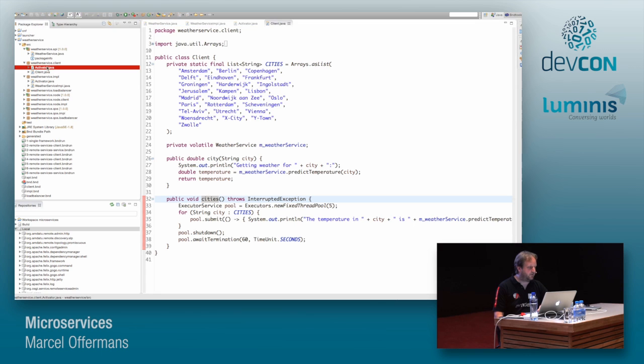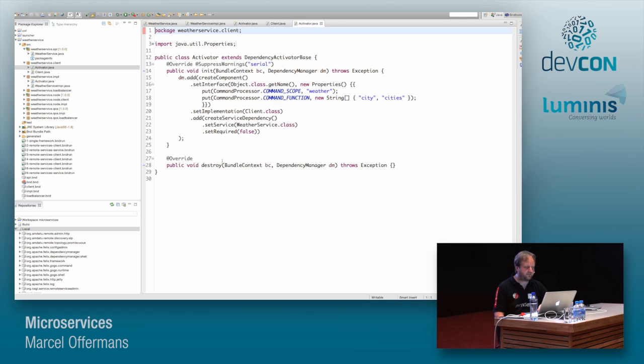Again, that's an OSGi component, so we need a little bit of definition here. And this is a little bit more boilerplate, because to create new shell commands, you actually need to tell the shell what the scope is, which is just a generic name, and then the names of the individual commands, and those map to the different method names that we just saw. Publish that as a service. Actually create a dependency on the weather service, because we're using that in our commands, so it needs to be injected, and by defining it like this, it will automatically be injected, and that's about it.